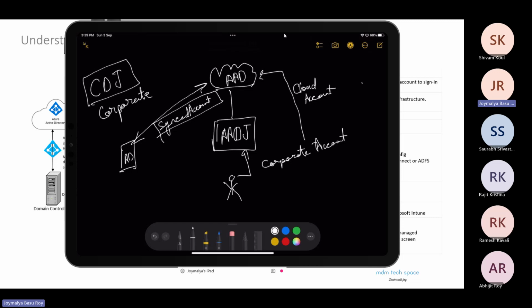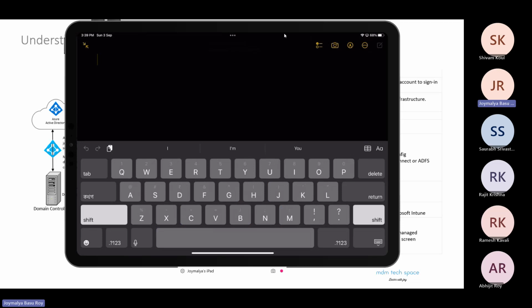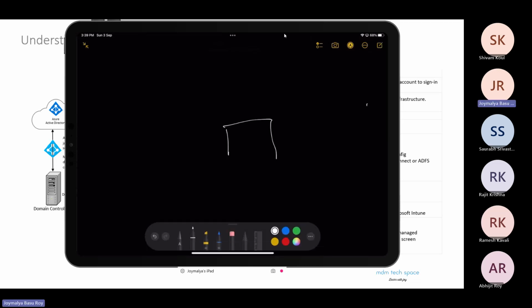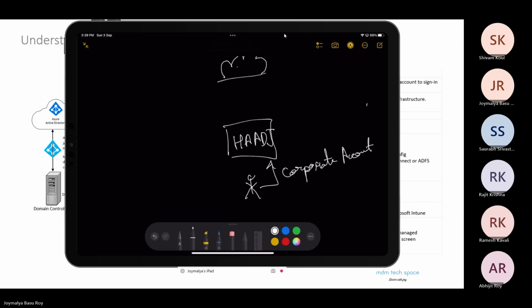तो पहला वाला पर्सनल था, नाउ ये वाला कॉर्पोरेट हो गया। अभी आता है हाइब्रिड एज्योर एडी जॉइंट। हाइब्रिड एज्योर एडी जॉइंट भी तुम्हारा कॉर्पोरेट है। इसमें भी जो यूजर साइन करेगा, दे नीड टू यूज अ कॉर्पोरेट अकाउंट, राइट? बट ये कॉर्पोरेट अकाउंट एज्योर एडी का है कि किसका है? प्राइमरी एंकर ऑफ हाइब्रिड एज्योर एडी जॉइंट डिवाइस कौन है? ऑन प्रीमाइस AD. प्राइमरी एंकर एडी है।